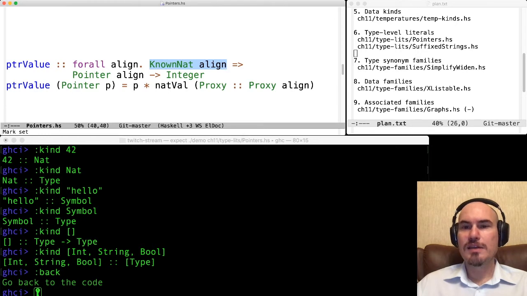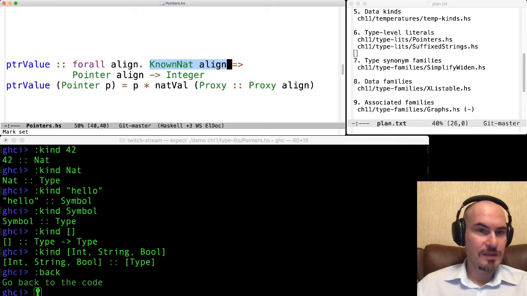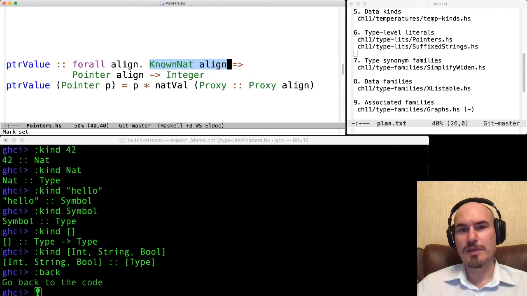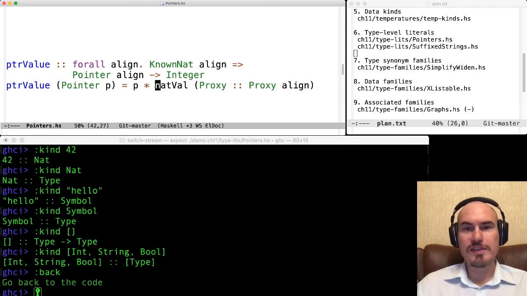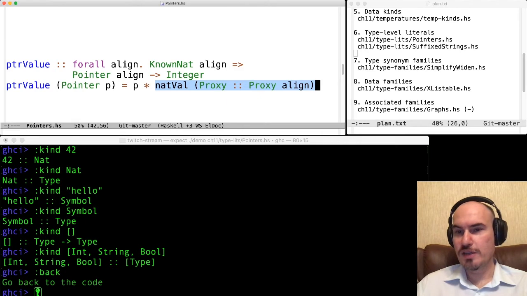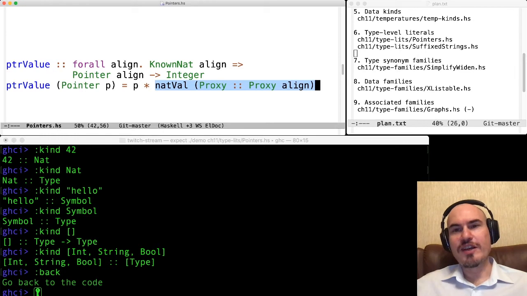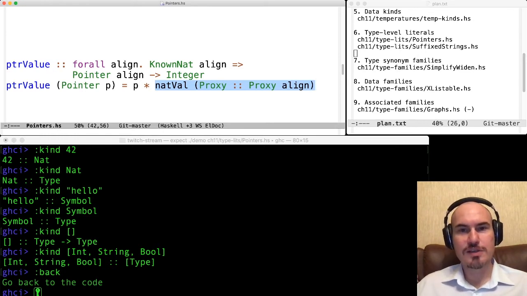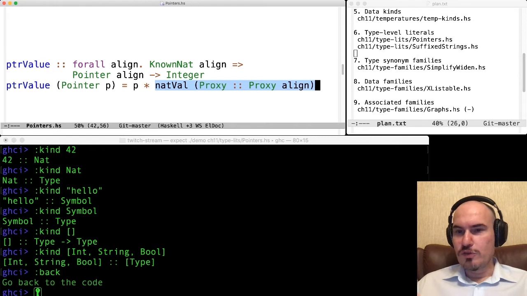KnownNat means a natural number which is known at compile time. So that means that we cannot use it for some alignment unknown at compile time. But if we know that alignment when we compile this program, then we can refer to it, we can get that value. And look at this function from the standard library. It has Proxy here, so Proxy is still used, and it's not a very old function, so it is used here. And it will be used, I think, forever.